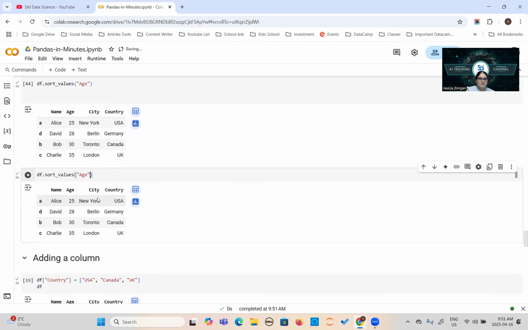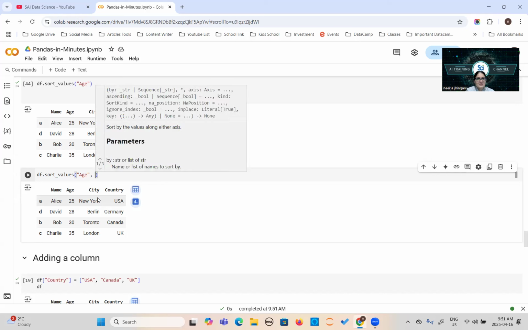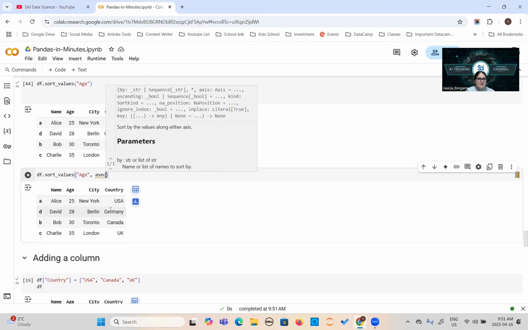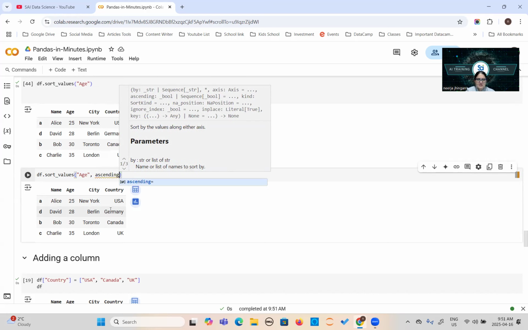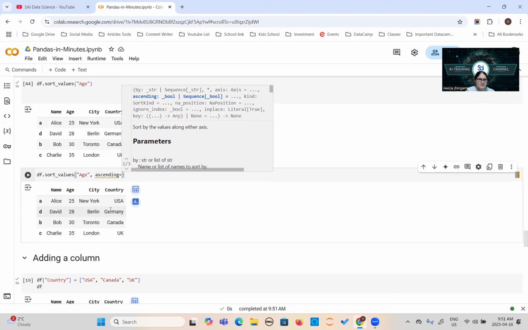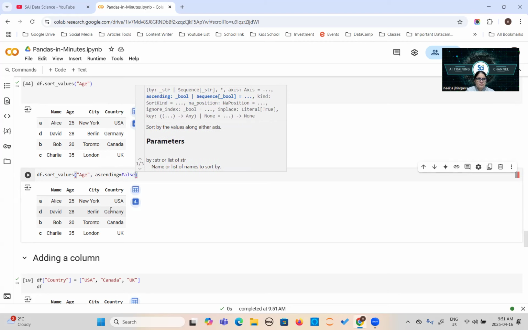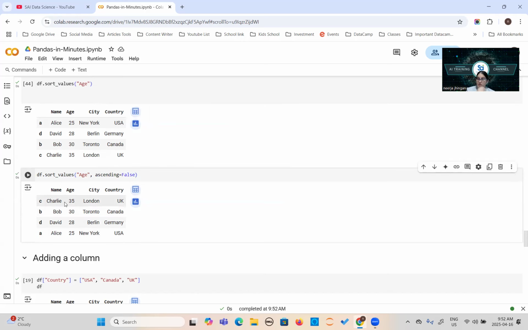Okay. And if you want to add a parameter, we have the parameter ascending. So you can pass this parameter here. I think I'm making a spelling mistake. Ascending equals false. Okay. So you can do this. So it will do it like this.